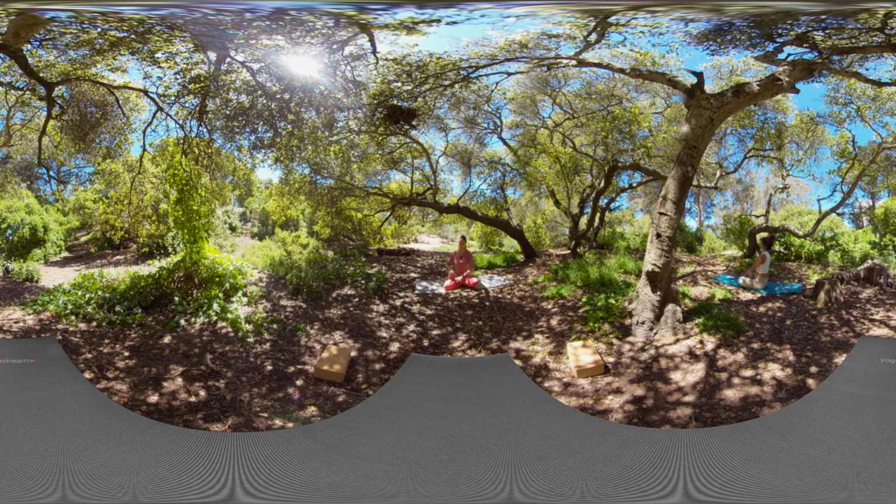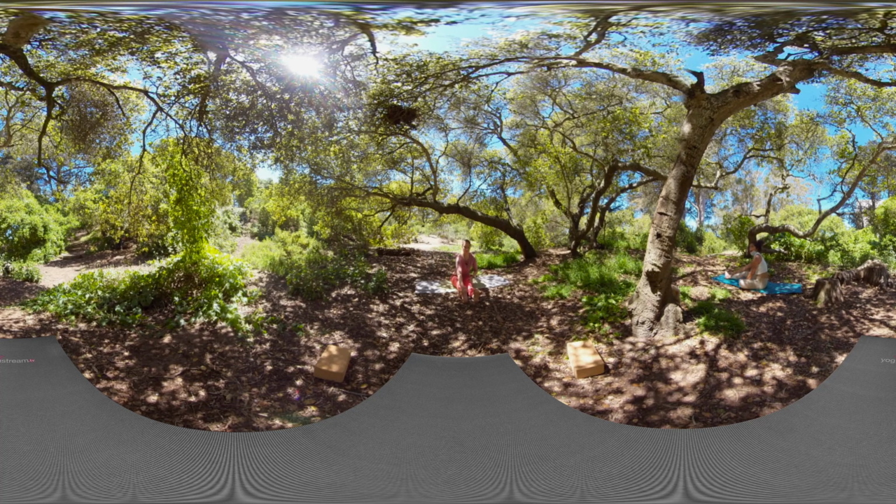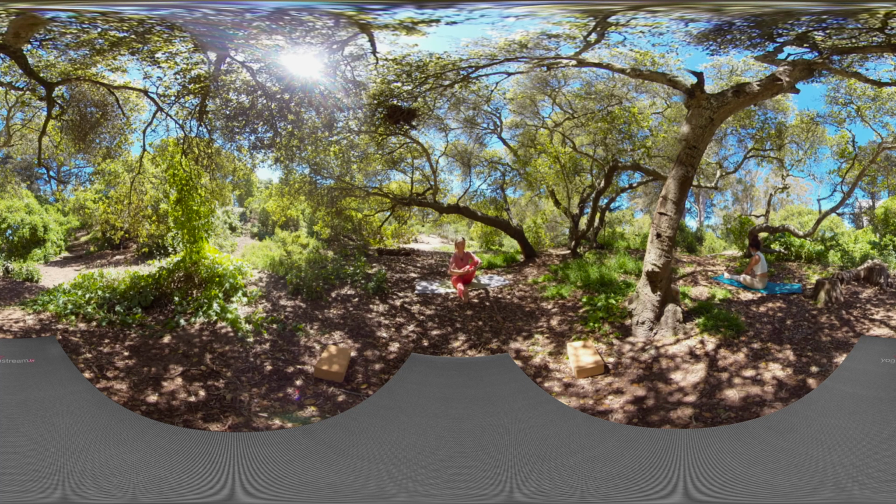On your next exhale, gently release whichever variation you're in, and we'll bring those legs right back out in front of you. Give them a little shake for a moment, and then we'll move to the other side. So bring the left foot in. Again, if you can't reach half lotus, you can go ahead and grab like a little baby and just rock